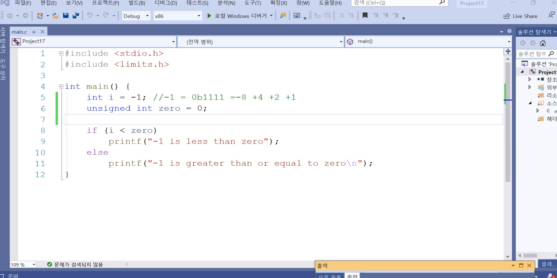Hello and welcome back. In today's video, I'm going to show you what happens when you do the logical operation for signed and unsigned. So let's see that we've got